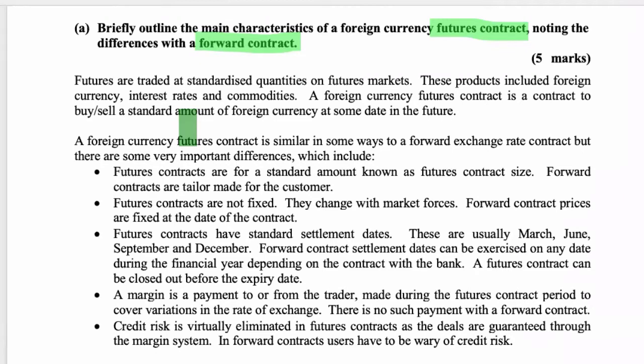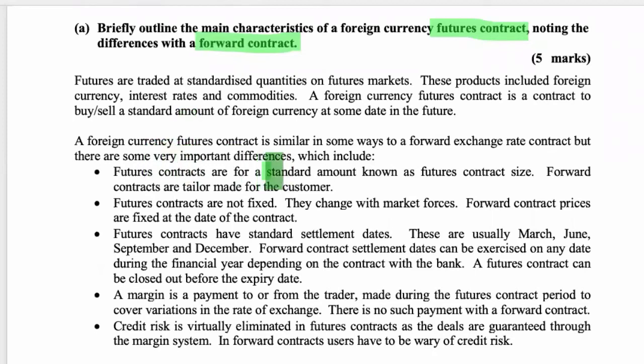So that's just a bit of a detailed explanation on futures contracts, okay? Just a definition. Remember, I'm not necessarily asking you to give me a definition of futures and forwards, but I suppose within the definition, it does help you to clarify the differences between the two of them. So I've only highlighted a number of differences in there between the two.